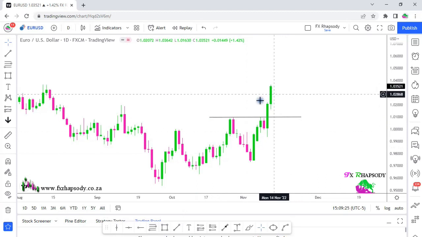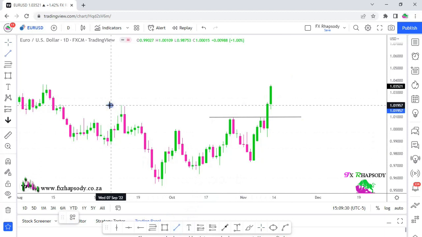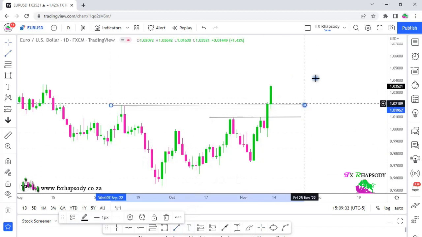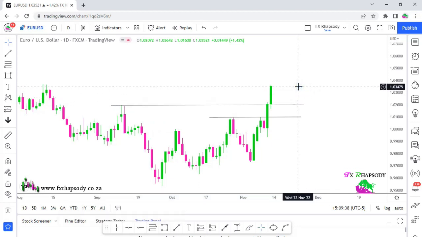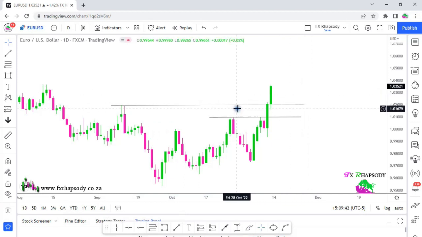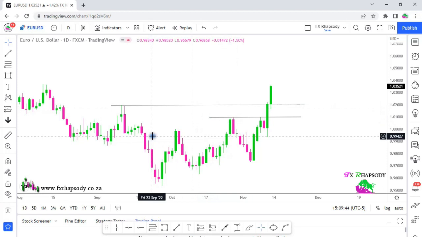All right, so the liquidity is being hunted. You can see this high being taken out as well in the market. So you always have these areas in the market, not necessarily highlighted on your charts. You don't want your charts to be too messy. What you want is just to have a mental note of these areas in the market, or you can highlight